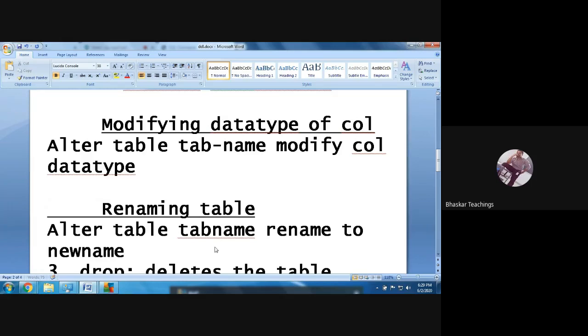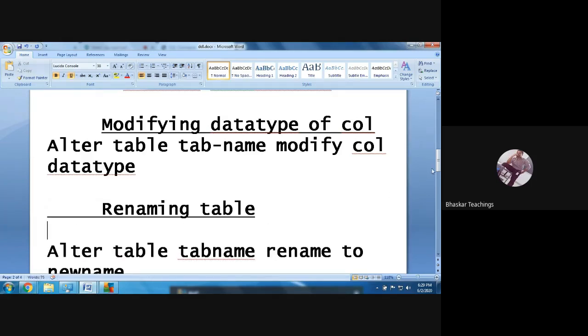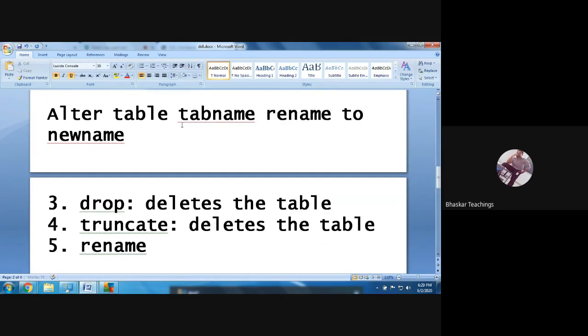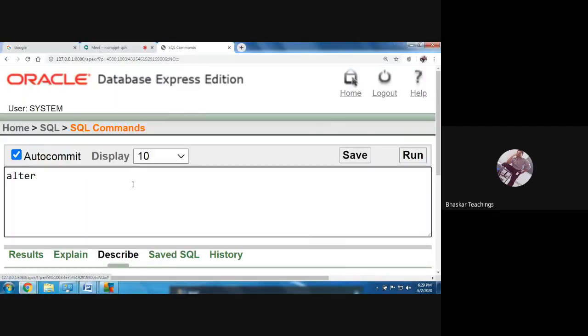Here I am not going to change the name of the column. I am going to change the name of the table itself. So the syntax is alter table, table name, rename to new name. Let us see if it's true or not. I am not sure.